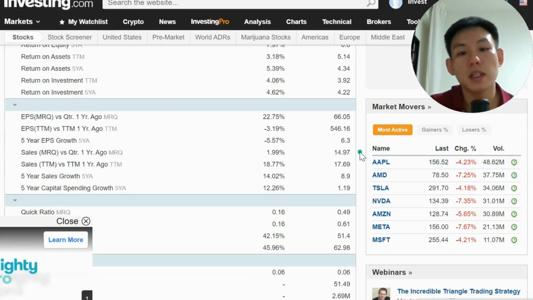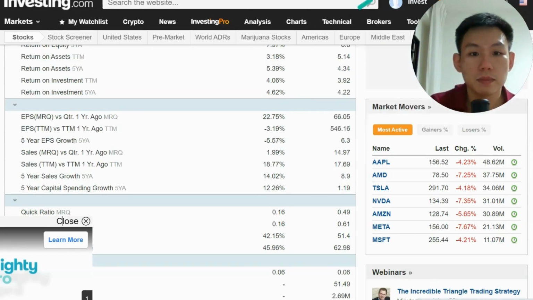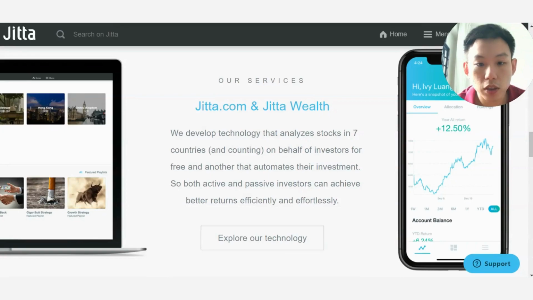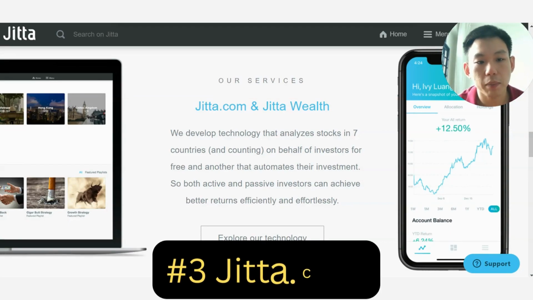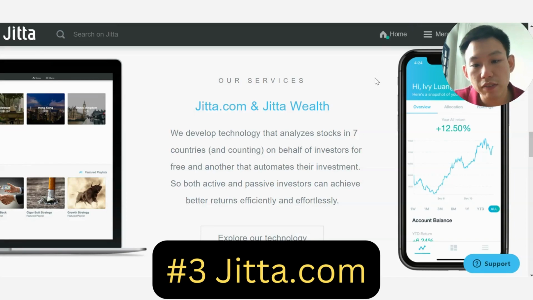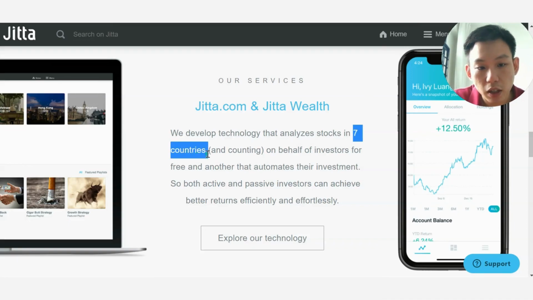So with that, let's jump over to the third stock screener now. For our third stock screener, I'm going to share with you a very interesting website called Jita. Jita is an investing website based in Thailand. However, they have the technology that analyzes stocks in over 7 countries. And a lot of their services here are for free. So you can actually